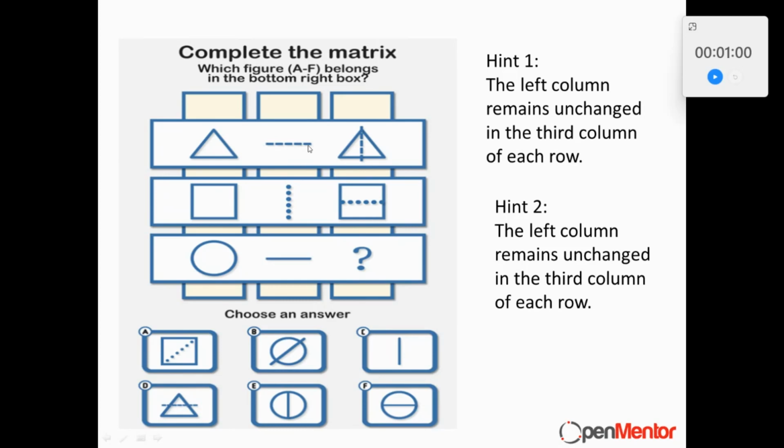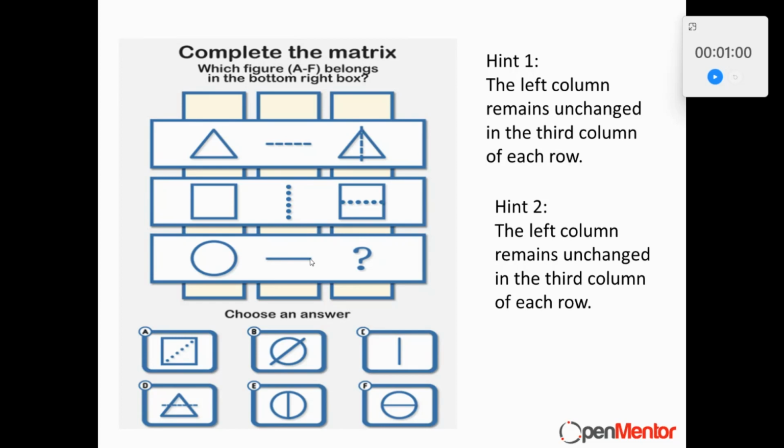This is a horizontal one which is turned to vertical one. I am trying to link the relationship between the two. And this is a vertical one which is turned to horizontal, meaning if it is horizontal, it will be vertical on the third column. If it is vertical, it will be horizontal on the third column. Now I have to think, this is horizontal, so it should be vertical here. Which of the 3, B, E and F